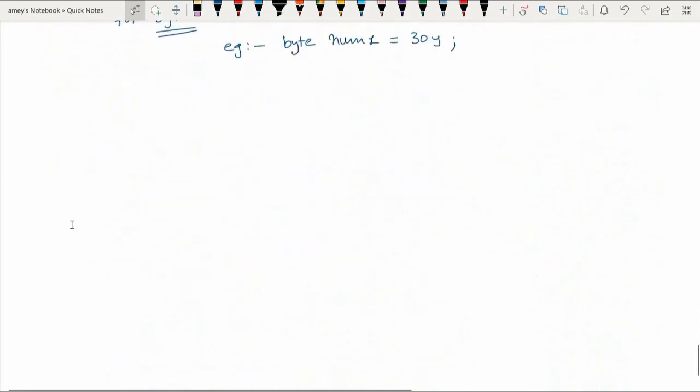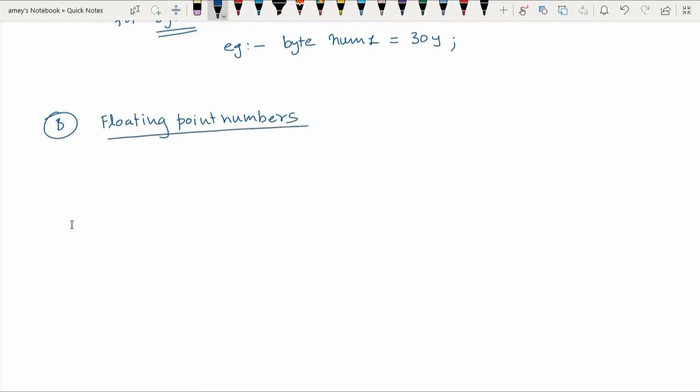Next data type B, it's a floating point data type, or floating point numbers. Now in Java, your floating point numbers are divided as float and double.